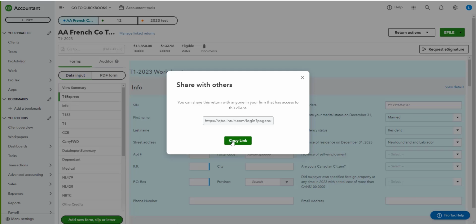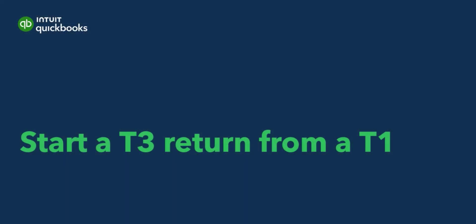So if you were to write an email to a colleague and it went into the wrong hands, or you sent an email to the wrong person, they will not be able to open this link to this return whatsoever, making it very secure. If you're doing a T1 return for a client, you can also create a T3 return